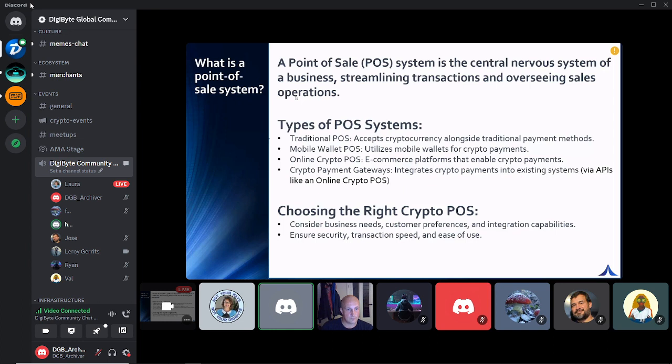I jumped ahead a little bit, but what would be some of the barriers to acceptance? So, Leroy, you're much more versed on this, especially from the e-commerce side. I'll let you add anything else. Nothing to add on that matter, man. Everything you said is correct. This one's just a reference sheet, but like I said, we could do an entire session going in depth on just this idea of the different point of sale systems.